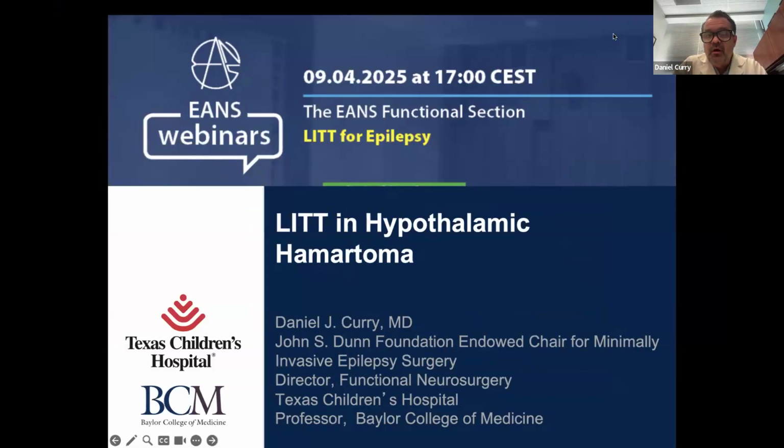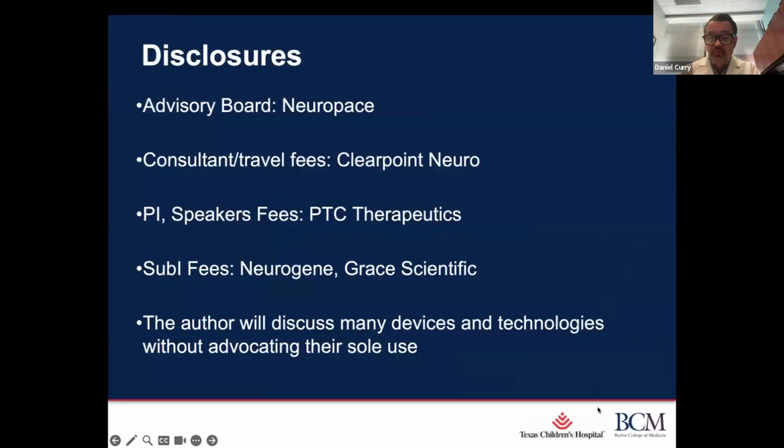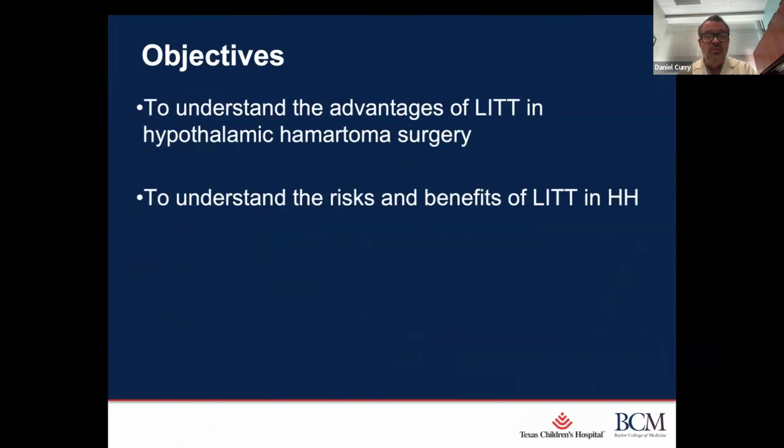I'm going to go over the application of LITT in hypothalamic hamartoma. Disclosure-wise, I am still a consultant to ClearPoint, which I'll mention during this talk. I'm going to talk about a lot of technologies. I'm not going to advocate any exclusive uses. My objective is to have the listener understand what the advantages of LITT are in hypothalamic hamartoma and what the